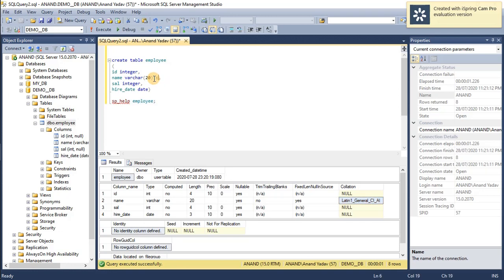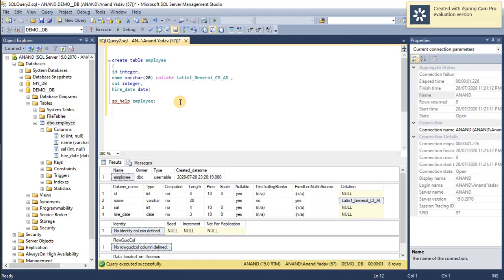It is very simple, just name the collate and pass this value, CS_AS. With the help of this, your employee table should be created, and the name field should be case sensitive. Okay, so this is one way to describe a table.